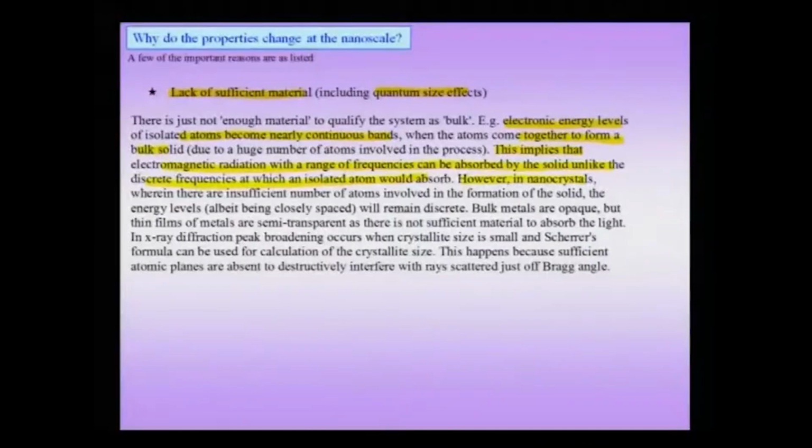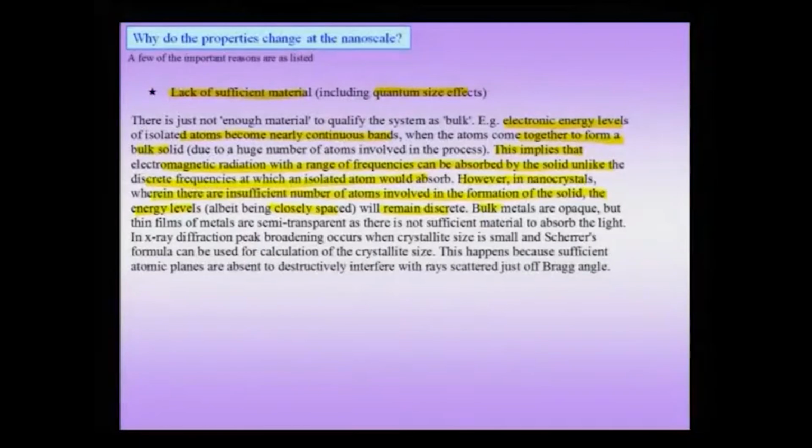However, in nanocrystals, wherein there is an insufficient number of atoms involved in the formation of the solid, the energy levels, although closely spaced, will remain discrete. So, there is an insufficient number of atoms to actually make the band continuous, and therefore, the absorption similarly will tend to be discrete as compared to the case of a bulk solid, which has nearly continuous energy levels. We will take up more of these examples later on when we talk about electronic properties,